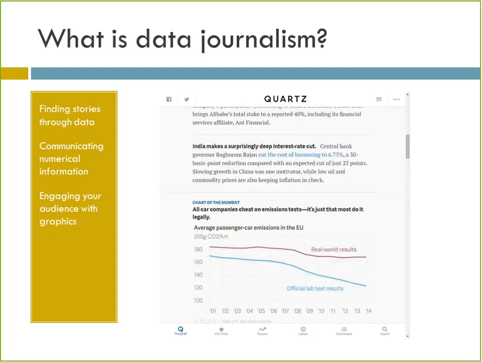Quartz is another really good site that does a lot of data journalism, and they make really simple charts, but they're really effective. They do a lot less of these big data projects and more simple charts embedded throughout the story just to make a point as you go through. So you say a little something and you're like, here's a chart that proves that point. Say a little something more, here's a chart that proves that point. That's a really good way to break up big blocks of text, which is sometimes a problem when you're writing stories because people get intimidated when they see 10 paragraphs of reading they have to do, right? I know I do.